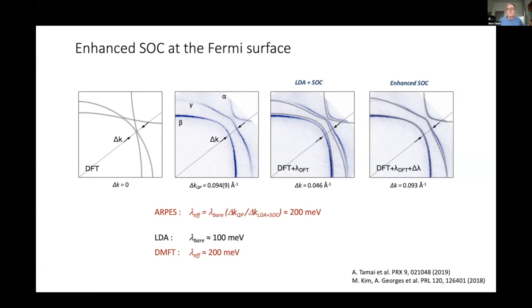And this increase of spin-orbit coupling is actually due to correlation effects. What was found by Min-Jae Kim and Antoine a few years ago is that DMFT finds off-diagonal terms in the self-energy, which are consistent with an increase of spin-orbit coupling due to correlations. And if you include this enhancement of spin-orbit coupling, you end up with a Hamiltonian that describes very accurately the Fermi surface of strontium-2 ruthenium-4. So from now on, I will consider this my bare Hamiltonian, a Hamiltonian that has spin-orbit coupling, but the effect is enhanced by correlations.